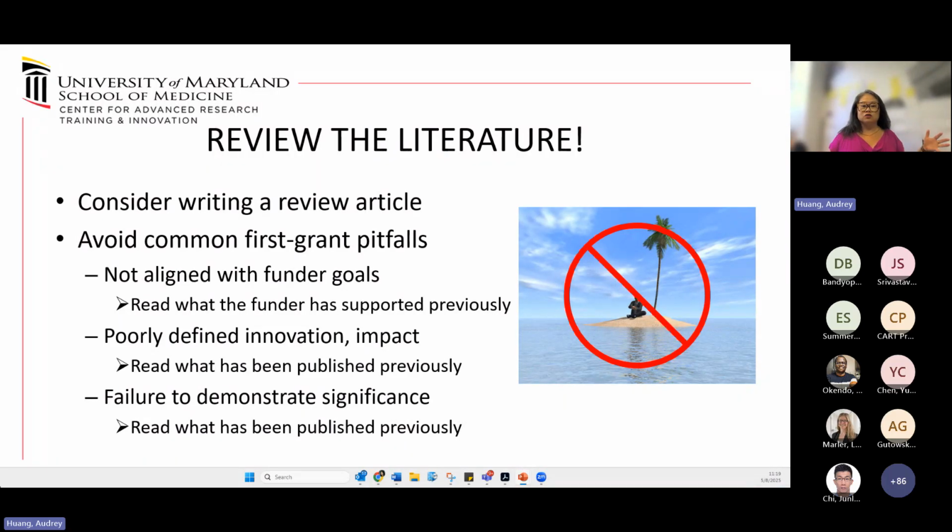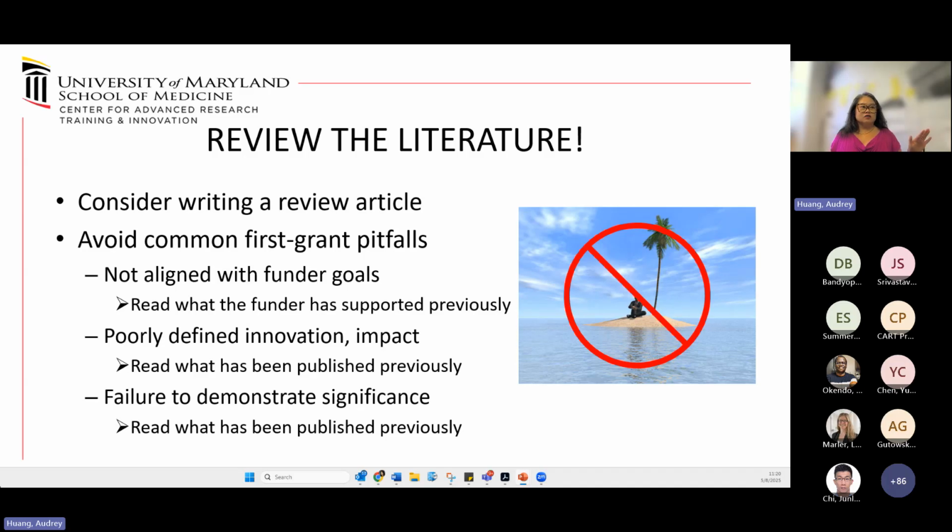Now, National Institutes of Health writ large, I see a lot of people drafting grants that are so basic science, they never come back to human health, which is the mission of the National Institutes of Health. It sounds very basic when I say it out loud, but you can't imagine how many first drafts I see that are so focused on the science, they forget about the patient, the wellness, the health, the human.